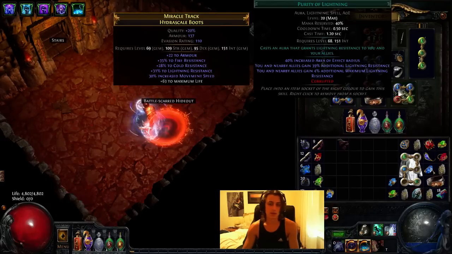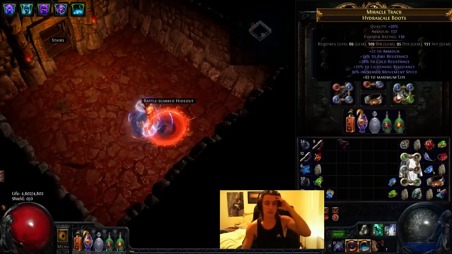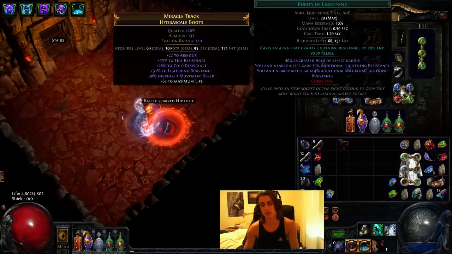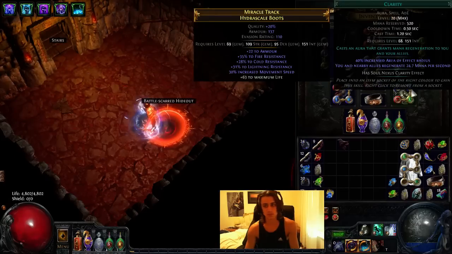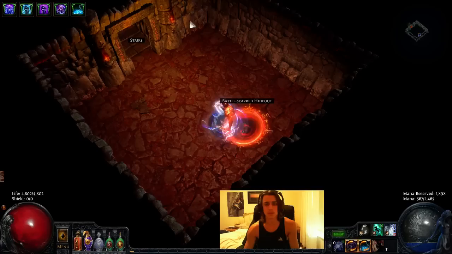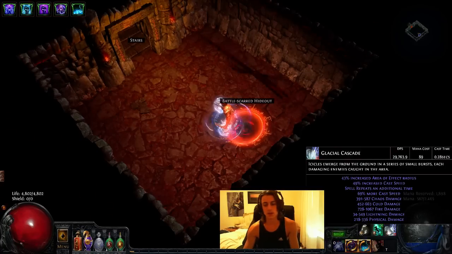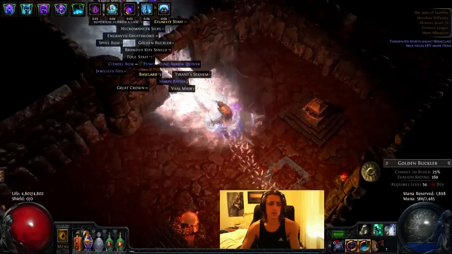The other things I have is Purity of Lightning. That's completely flexible. You can have Purity of Lightning, Ice, or Fire. I had Purity of Ice for most of my leveling experience. I'm now 91. I swapped over to Purity of Lightning at level 91, specifically just for a bit safer Atziri kills, I guess. Clarity, Herald of Ice. These two, Herald of Ice and Herald of Thunder, give you a pretty good damage boost, so they're worth using. Anyway, without further ado,